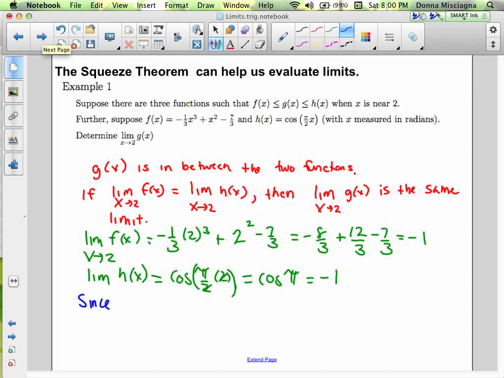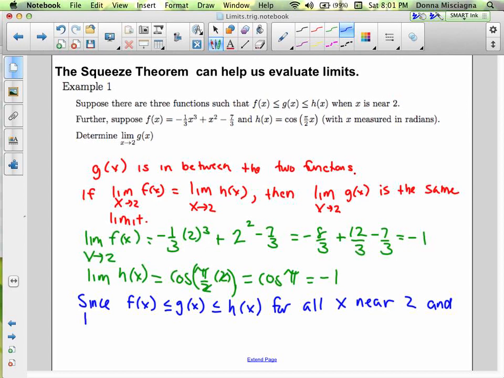All right, so since f of x is less than or equal to h of x for all x near 2, and the limit of f of x as x approaches 2 equals the limit of h of x as x approaches 2,